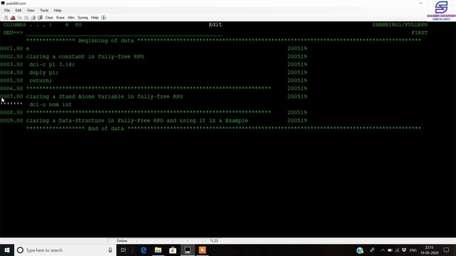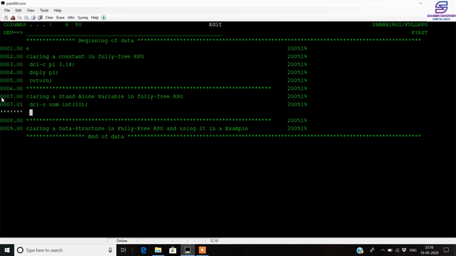We give an initial value to the variable, so I give it as 10, and this is how you can declare a variable in RPGLE. Now we'll write a for loop and do something with this number variable. So I write for num is equal to 1 to 4.